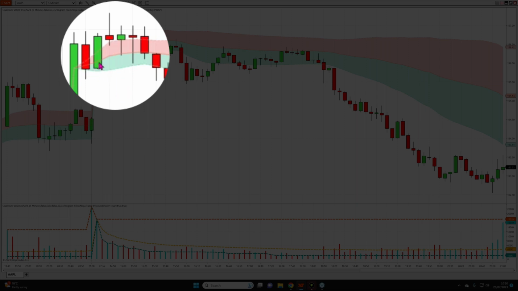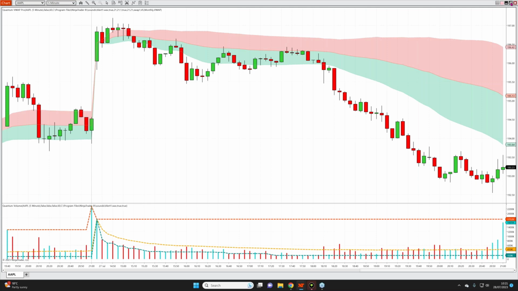Yes, the price moved above the VWAP, but as I'll show you on the other time frames, there are very clear signals that this is not a rally that is going to last. This is merely indicative of a push-up by the market makers to get us into a weak position. And certainly that's the case. We've got this very strong candle here on the 5 minute time frame, which gives us a strong clue to